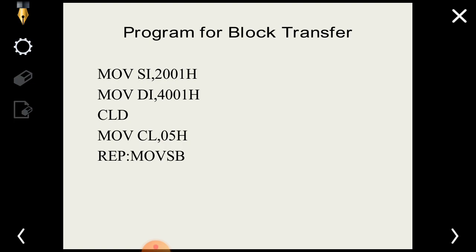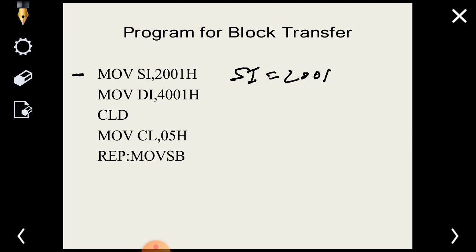It is simple: whatever instructions we have seen, they have to be written or arranged in a sequential manner. So here we have written the block transfer program. In the first line we have used the move instruction, MOV SI, 2001H. So after execution of this line, the content of SI will be 2001.